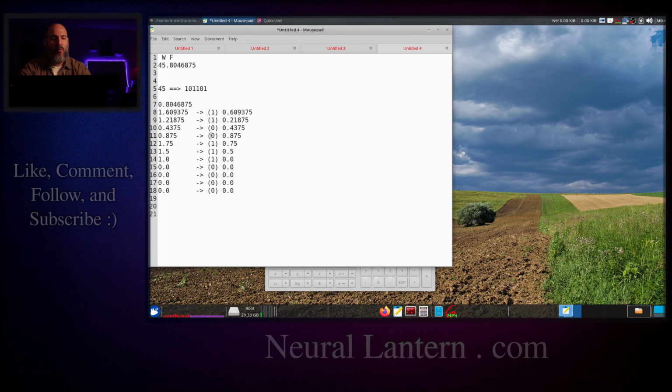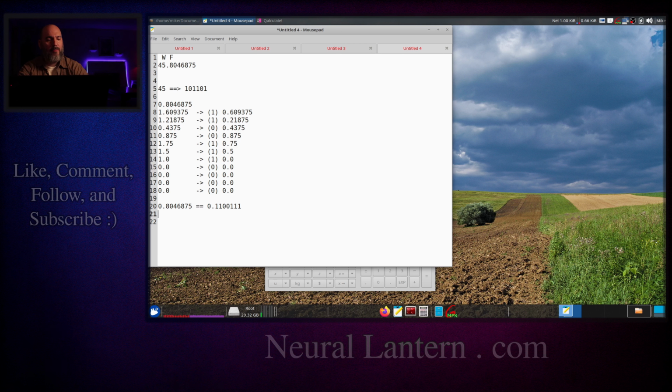0.1100111. And then now we just have to combine those two numbers. So maybe I'll put something here indicating that this is the conversion of just that number, like that. Now we'll combine both of those parts, right? So 45 was this. So I'll say maybe therefore